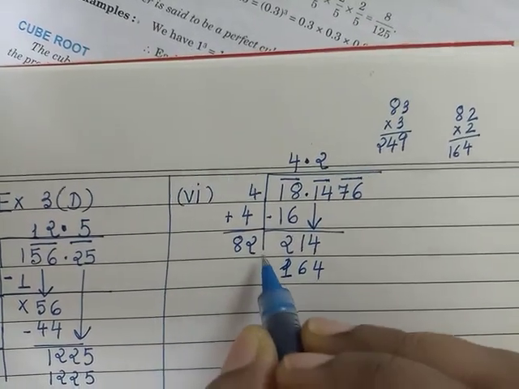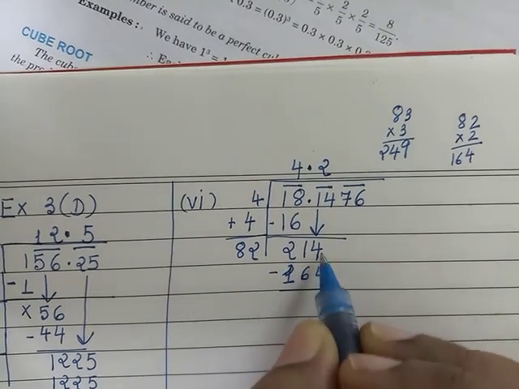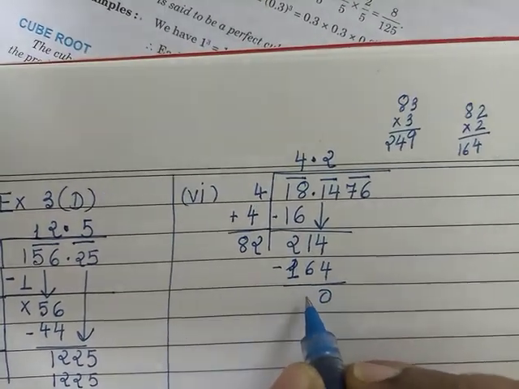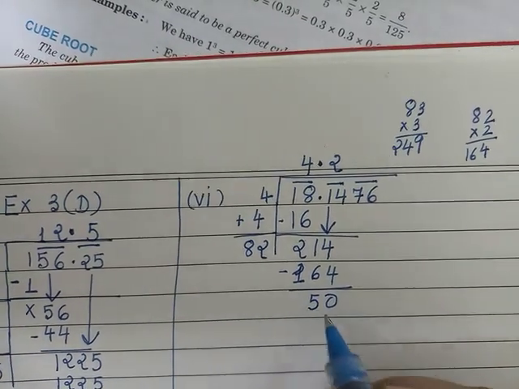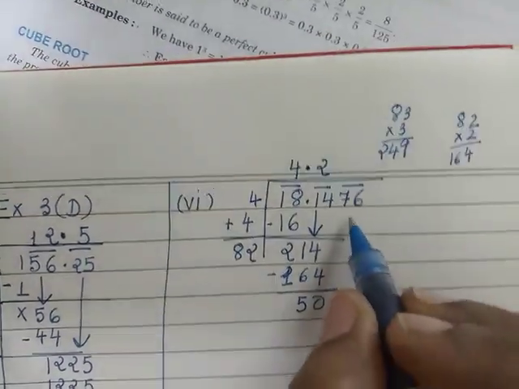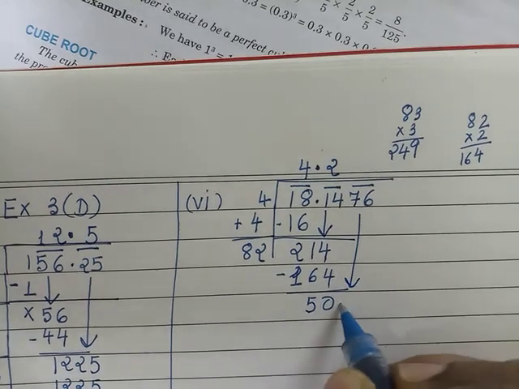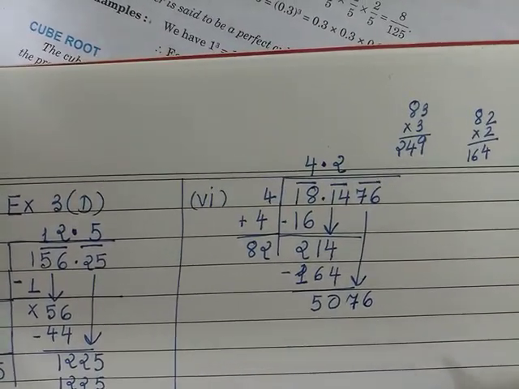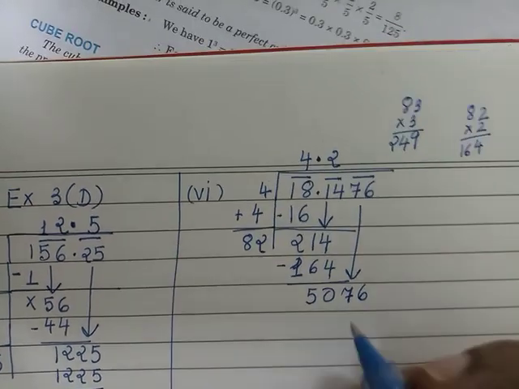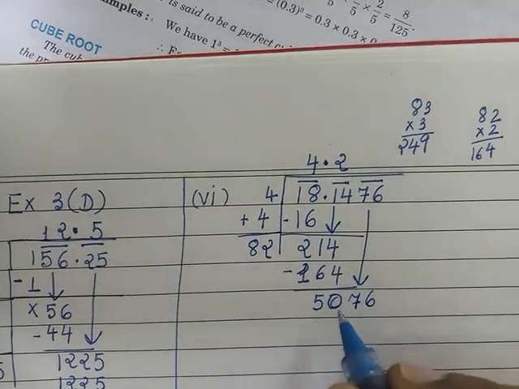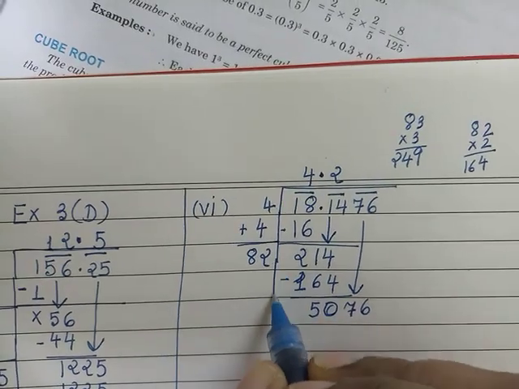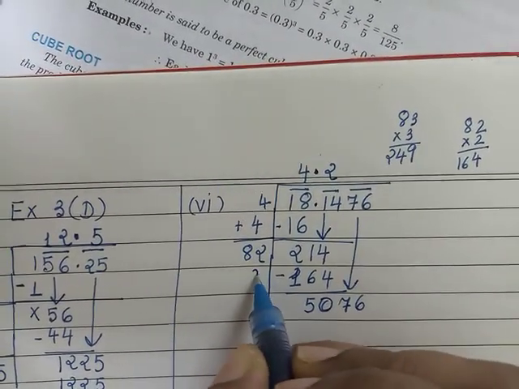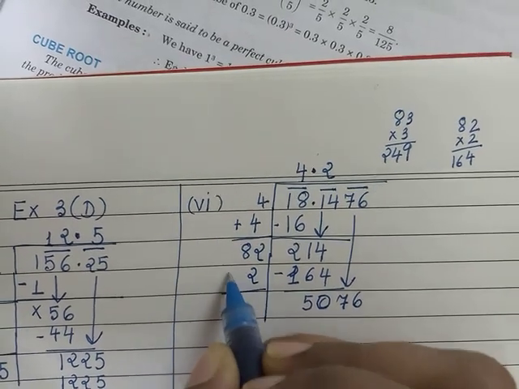164. Now we subtract. 4 minus 4 is 0. 21 minus 16 will give you 5. Now we copy down the next period, that is 76. Now the new dividend is 5076. Now we find out the new divisor. So we multiply 2, so we add 2 over here. It becomes